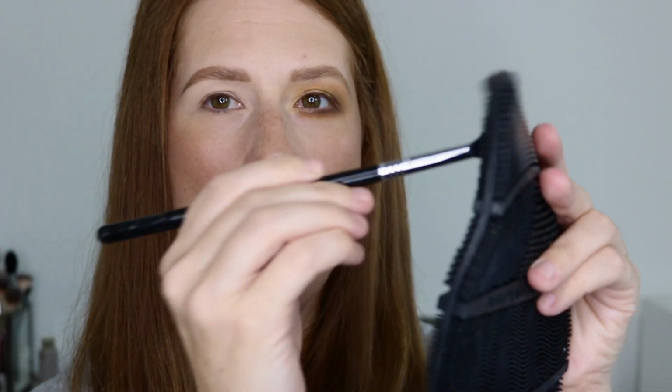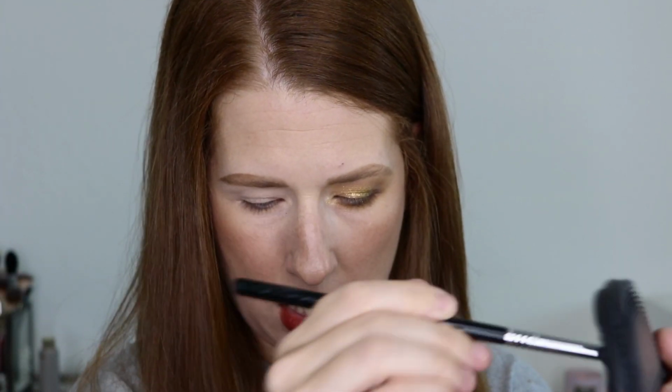Okay, so first I'm going to go in with Cemetery. I need really big and fluffy, so I'm going to take my Sigma E40 blending and brush that off. And I want to go in with Cemetery right here, and I am going to lightly run this through my crease. I'm using a very large fluffy brush because, just as I imagined, this is very pigmented and I want to use it to